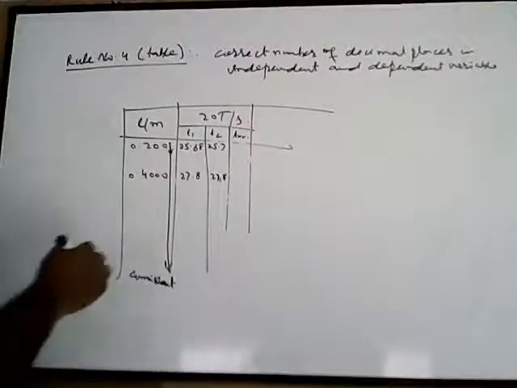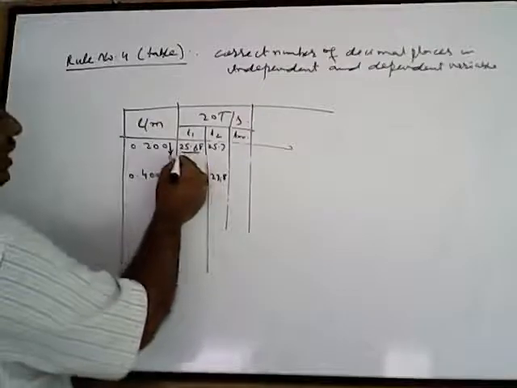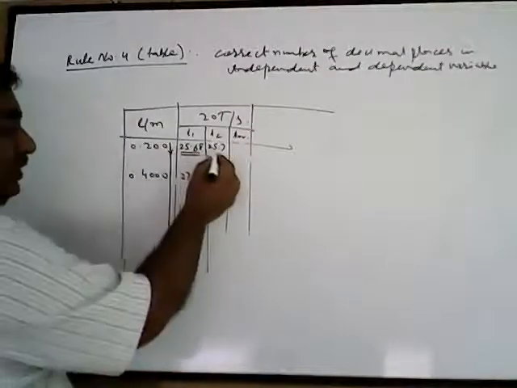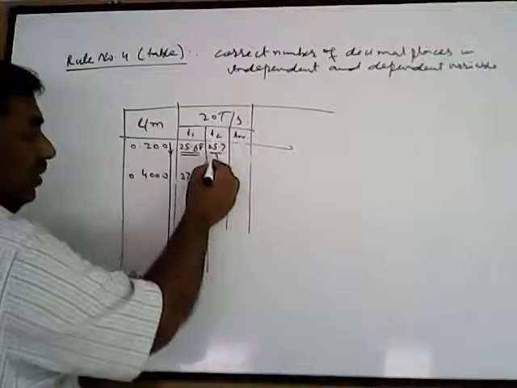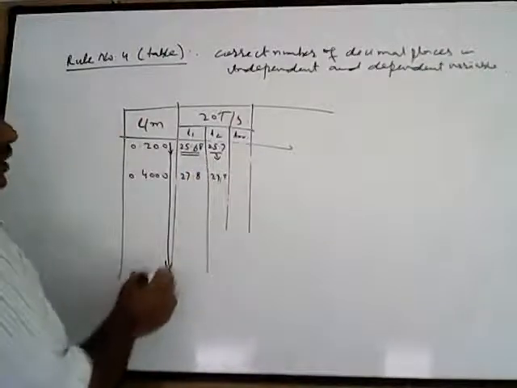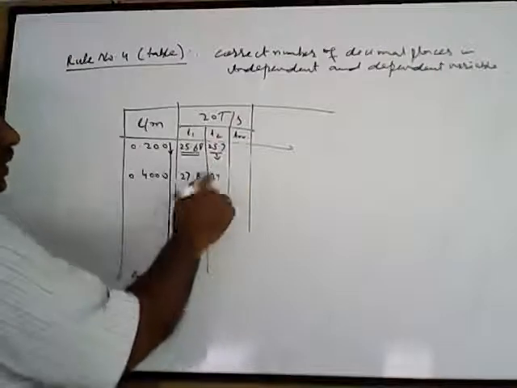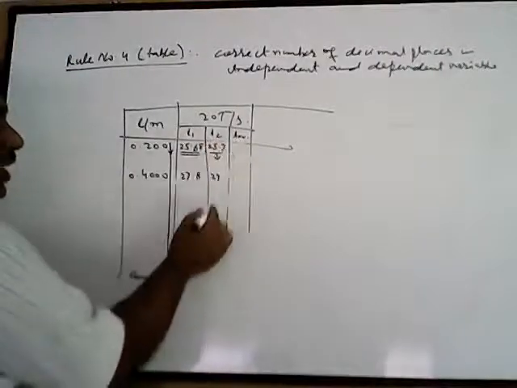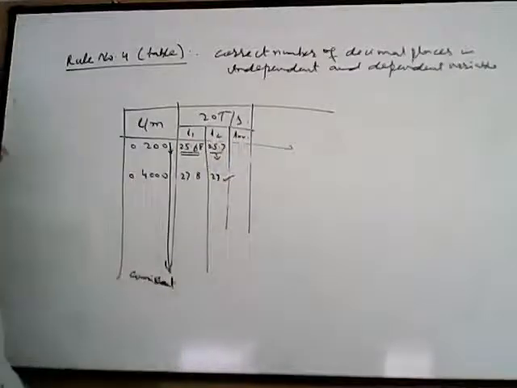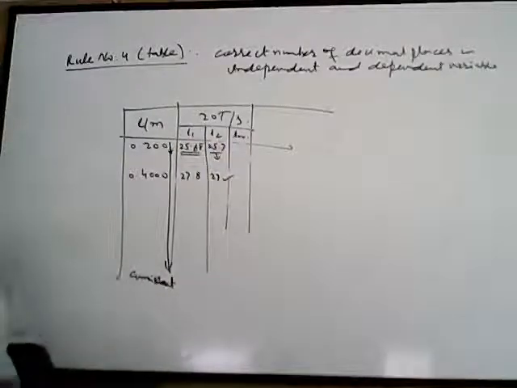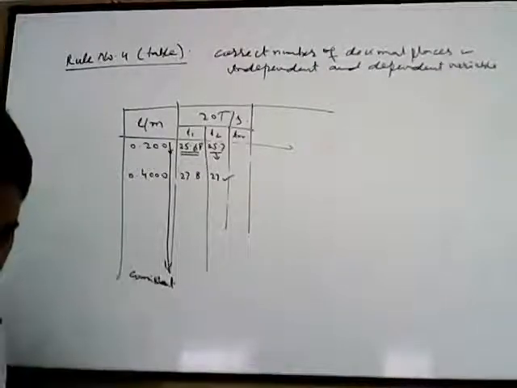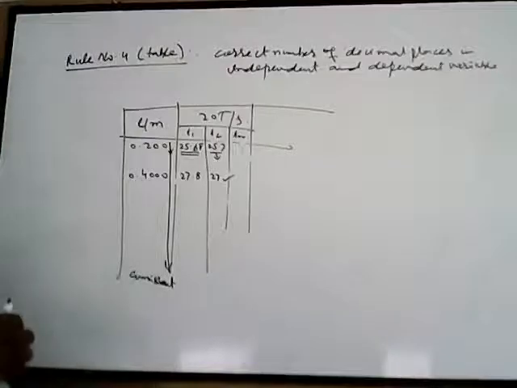Similar is the case here. Now this indicates that this reading has been recorded with the digital stopwatch, but this one has been recorded with, suppose, this one, I am writing this one at 25 point. This has been recorded with the analog watch, and again this has been recorded by the wristwatch. How is it possible that the instrument is changed in one practical? So it's not possible. You have to always record the readings consistently.